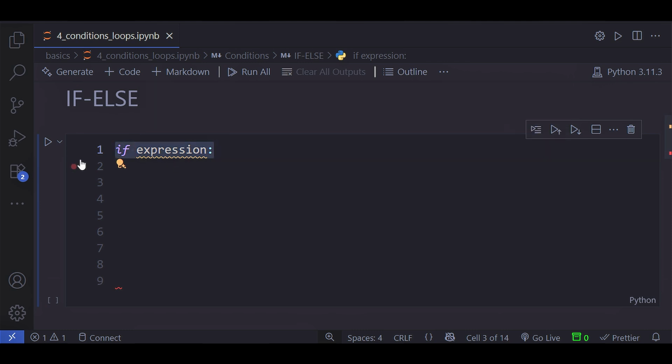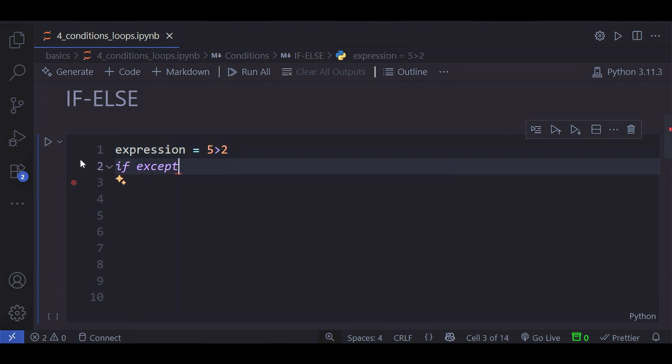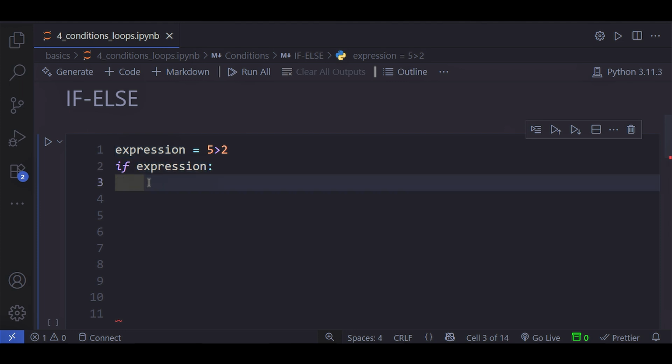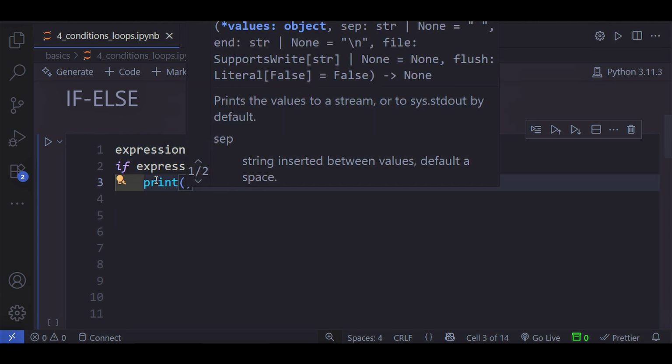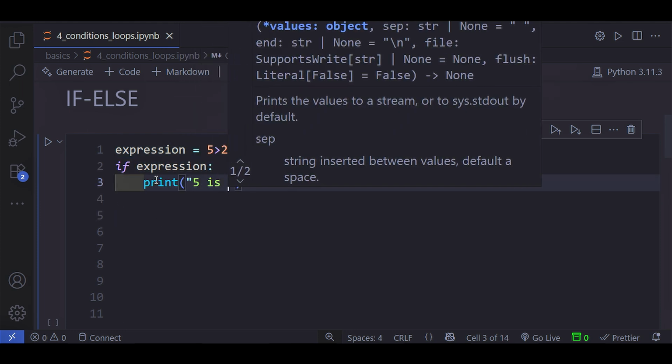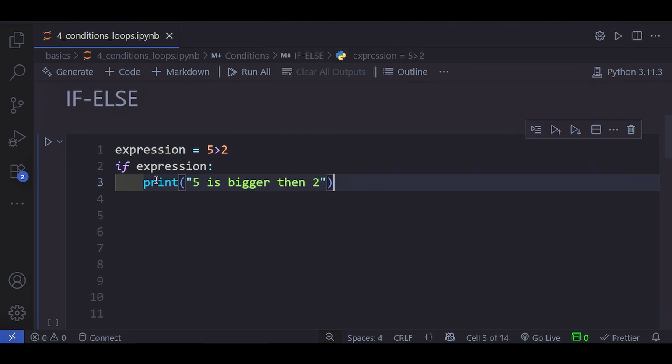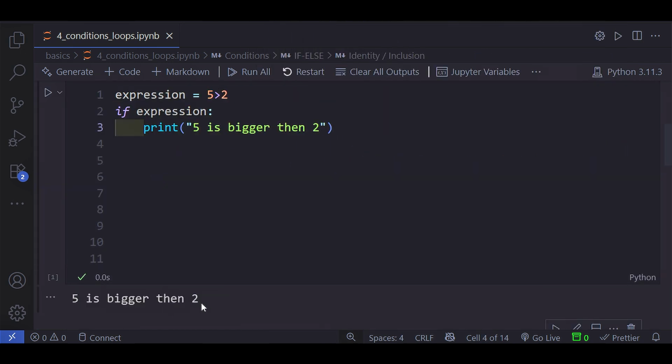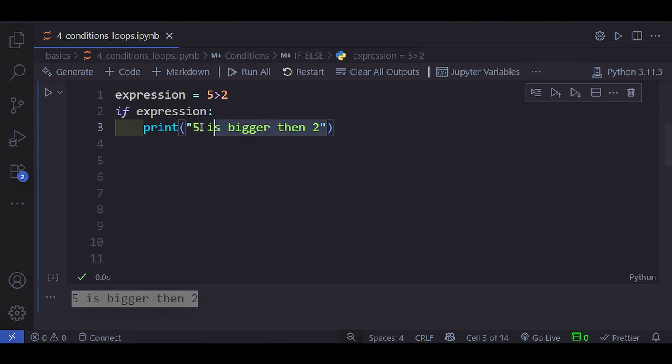Let's declare an expression, for example, 5 is bigger than 2, and then if expression. What this means is if 5 is bigger than 2, if this is true, then execute this block. Let's print 5 is bigger than 2 and let's execute. As we see in the result, 5 is bigger than 2, means that this block got executed,